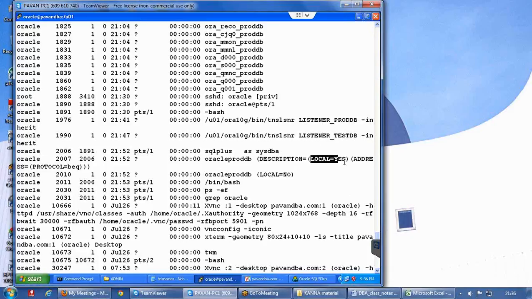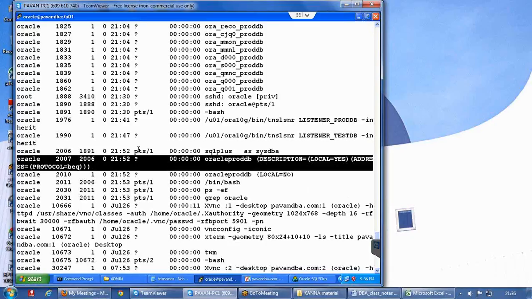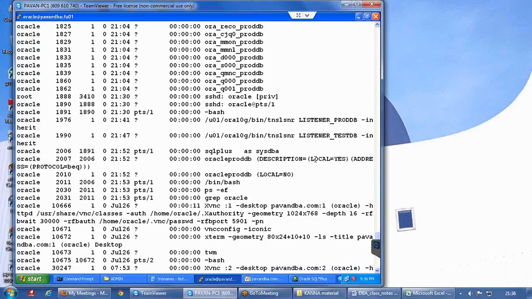Now the one which says LOCAL=YES, this connection is on the database server itself. That means on this Linux machine itself I connected to the database. When I connect to the database from the server itself, I am a local user, or my connection is a local connection. That's the reason it says LOCAL=YES.